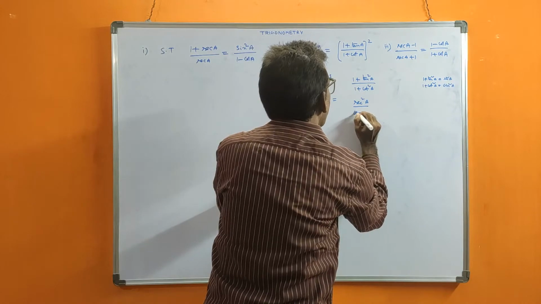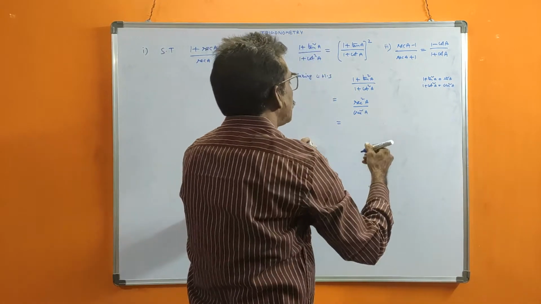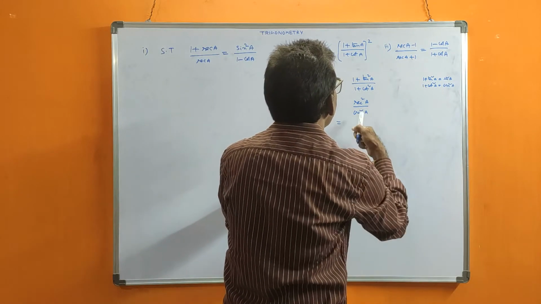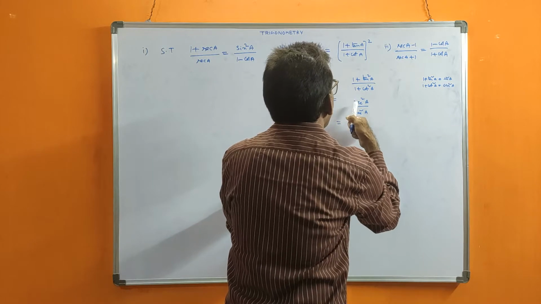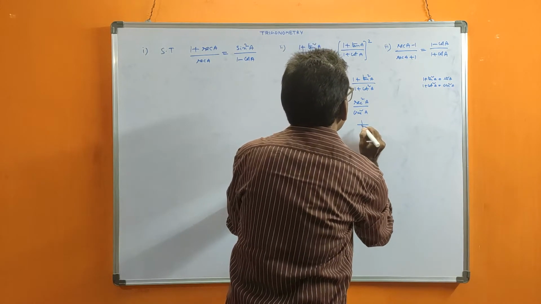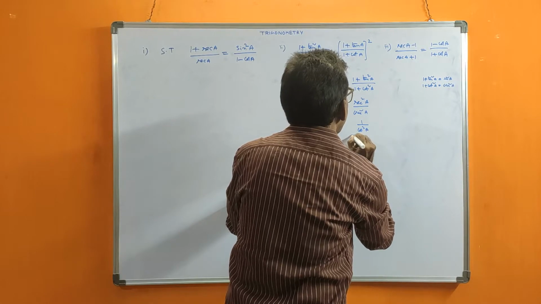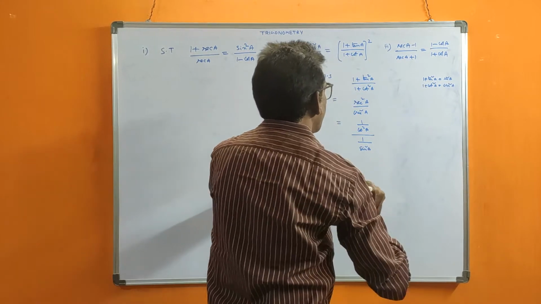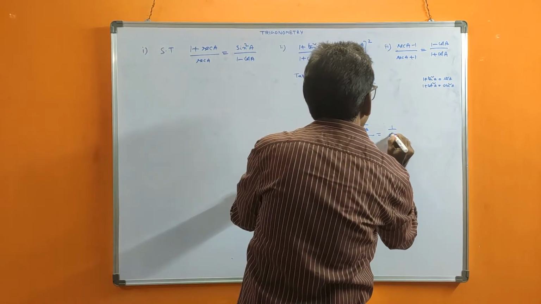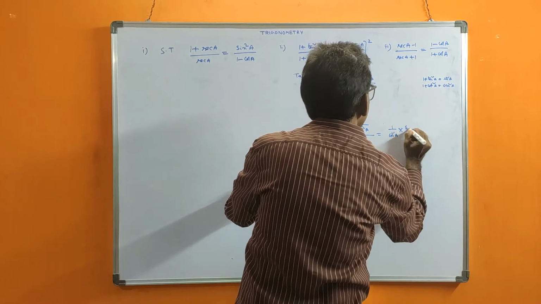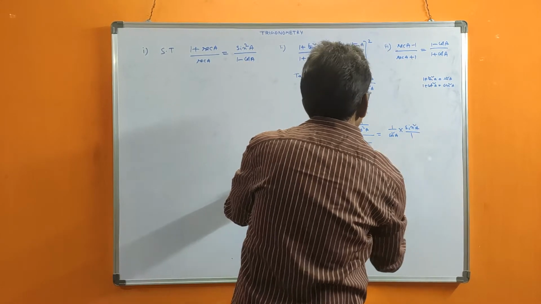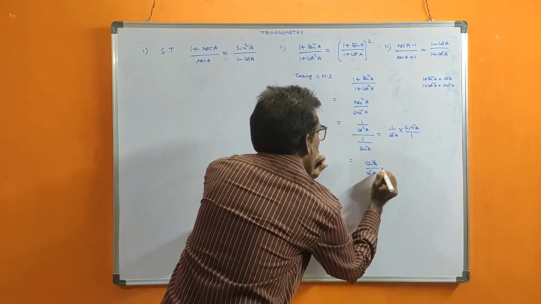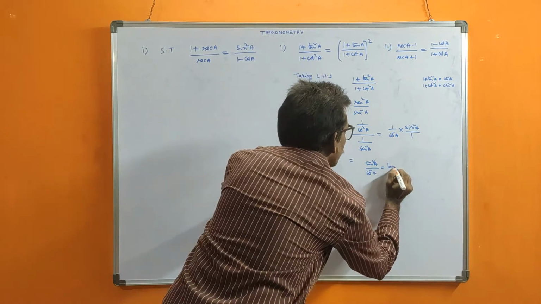We can write cosecant square A. This is simple, directly there. Now, further simplification: we can convert into sin and cos. Because secant is reciprocal of cos, this becomes 1 by cos square A, and cosecant is reciprocal of sin, so that is sin square A. This becomes 1 by cos square A into sin square A by 1. Now what is left? Sin square A by cos square A. We know sin by cos is tan, so tan square A.